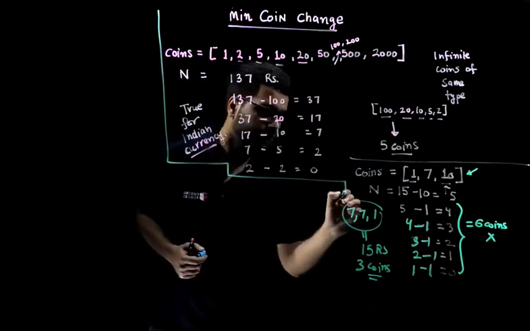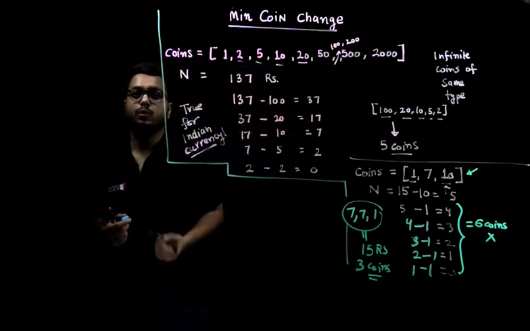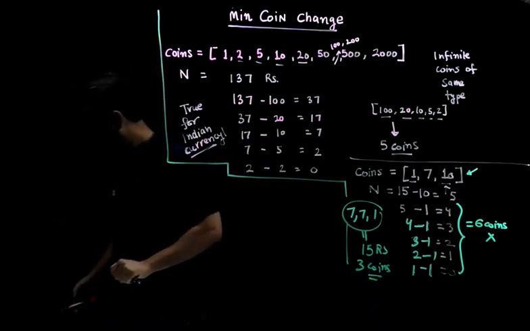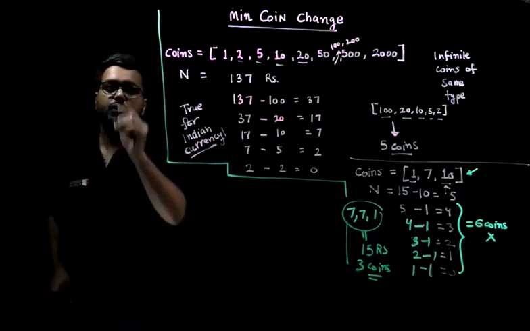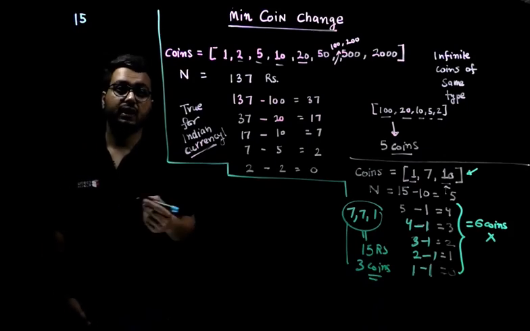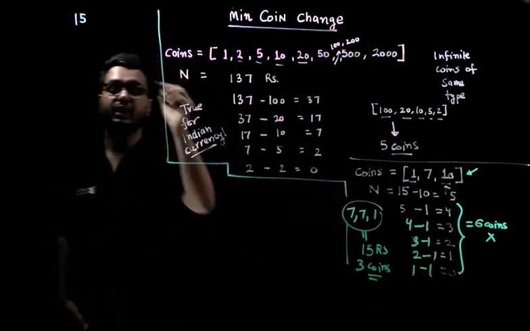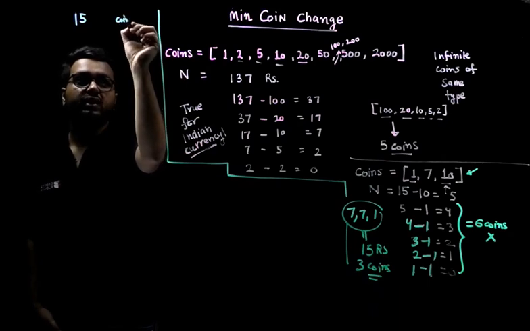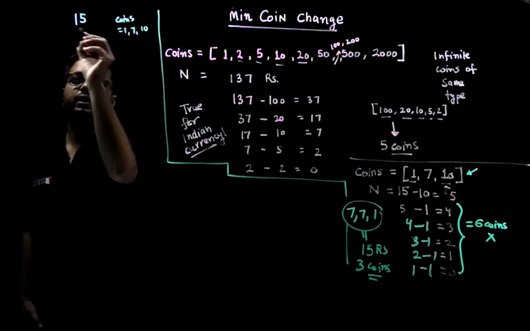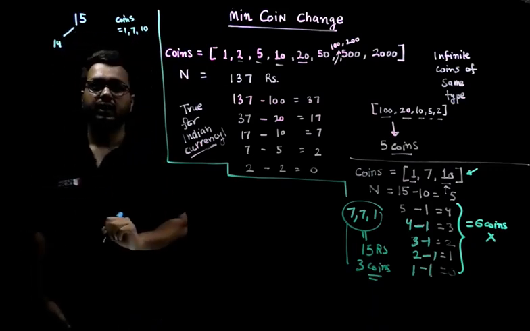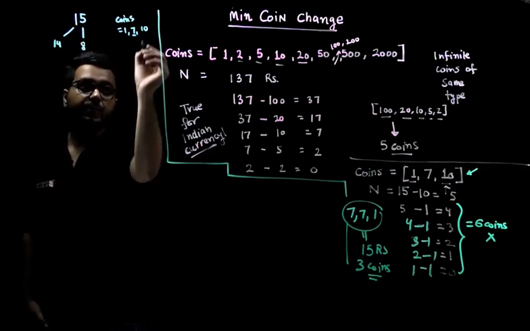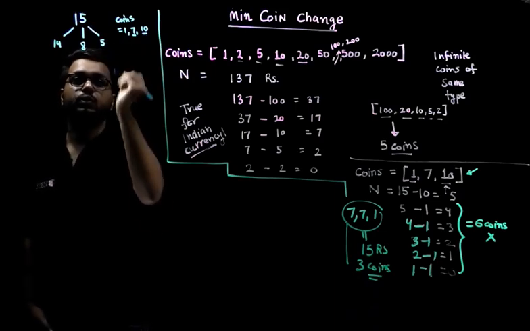So now the solution that we are going to use will be a dynamic programming solution, and dynamic programming is nothing but an optimization to the recursive formulation, right? So recursive formulation will allow you to consider all possible cases like this. If I start with 15 rupees, in what states can I land up? Let me also draw that available coins are 1, 7 and 10, right? If I pick a 1 rupee coin, I can reduce my amount to 14 rupees. If I pick a 7 rupee coin, I can reduce my amount to 8 rupees. If I pick a 10 rupee coin, I can reduce my amount to 5 rupees.